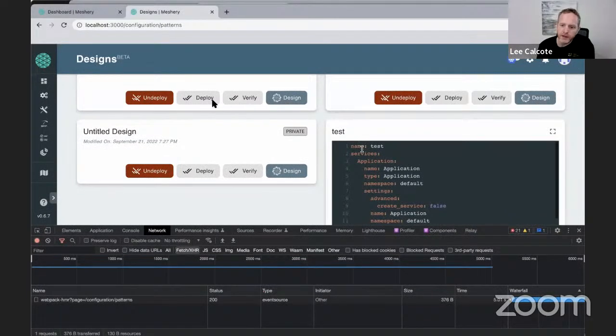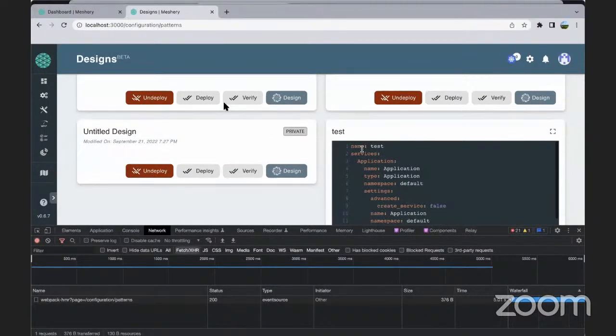But I think Harkarat is working on improving some of that UX as well. So it could be a good thing to demo at some point. Just in the design configurator as well, we show some errors, like if it is not a valid YAML file. So thank you all for the feedback.